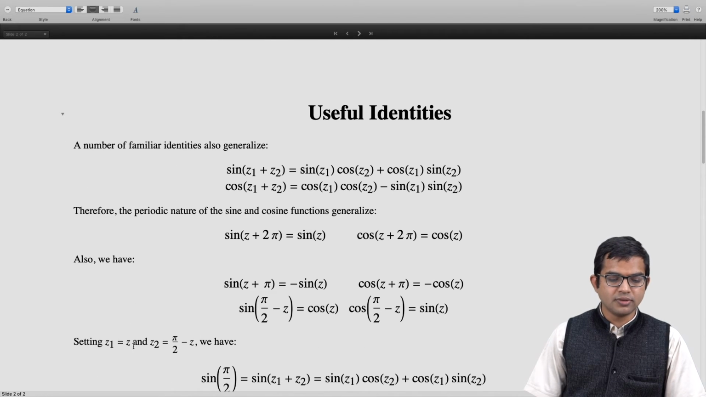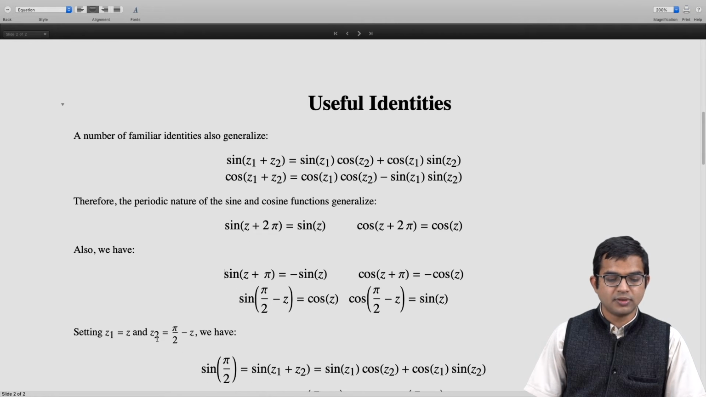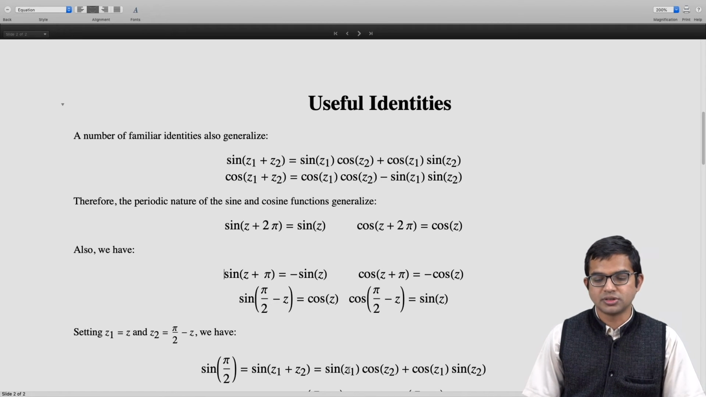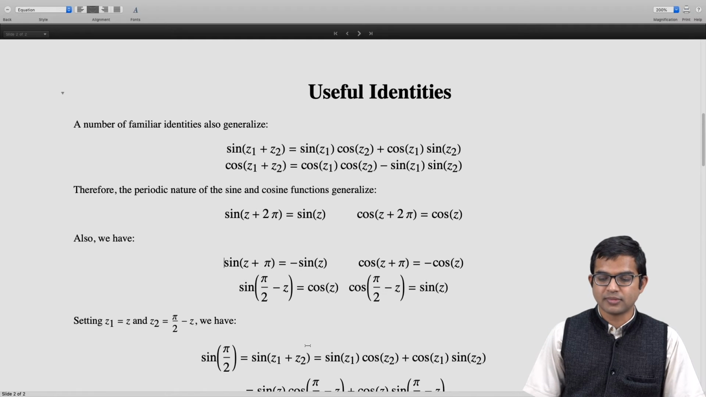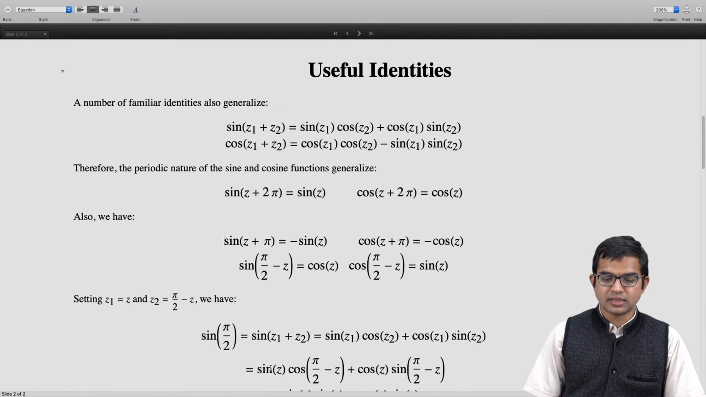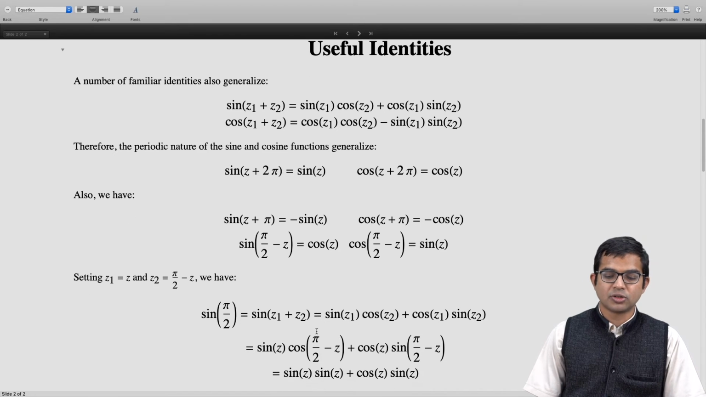Now if we set z1 to be z and z2 to be pi by 2 minus z, if we add these two, of course it's just pi by 2. So sine of z1 plus z2, which is sine of pi by 2, is the same as sine z1 cos z2 plus cosine z1 sine z2, which is sine of z times cosine of pi by 2 minus z plus cosine of z times sine of pi by 2 minus z. But cosine of pi by 2 minus z is sine of z, and sine of pi by 2 minus z